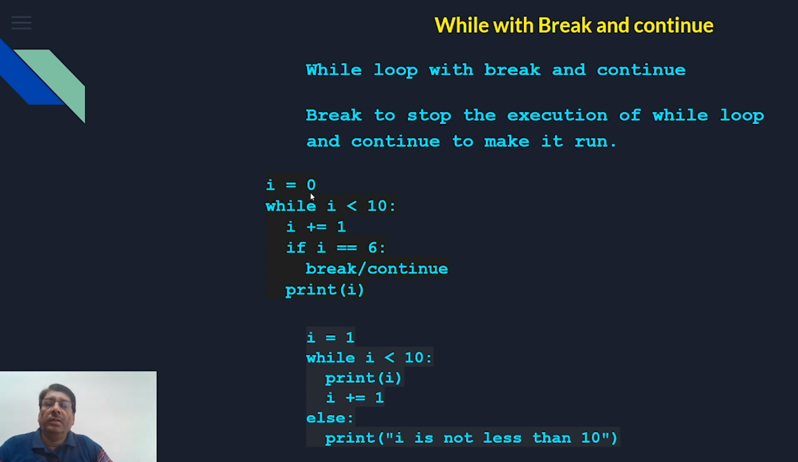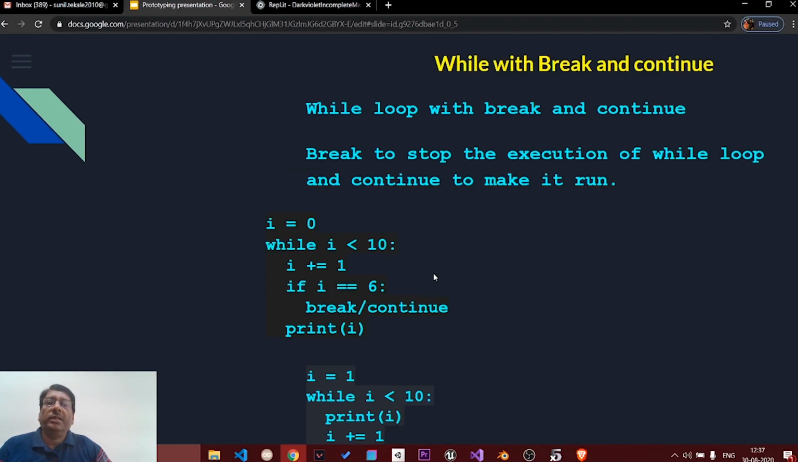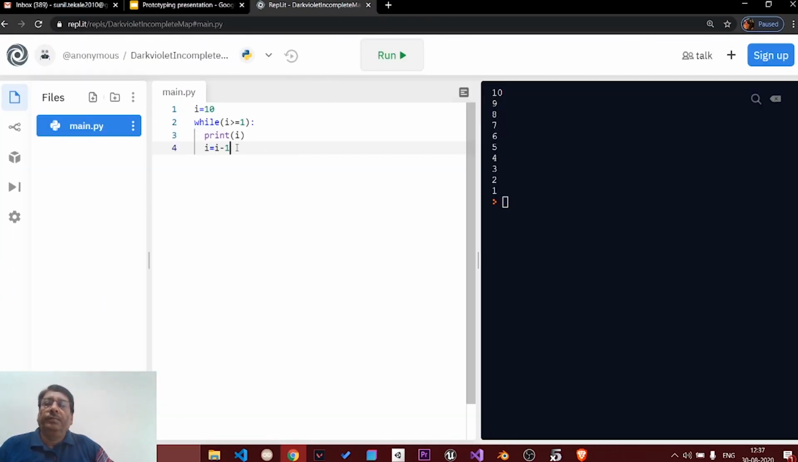You can start the value of i with 0 and then you can increment the value of i up to 10, and then in the middle, if the value of i is going to be 6, then you want to either break or continue. So how are we going to write this? You can start the value of i with 1 and then you can say while i less than or equal to 10,